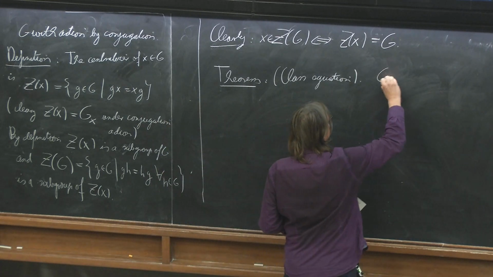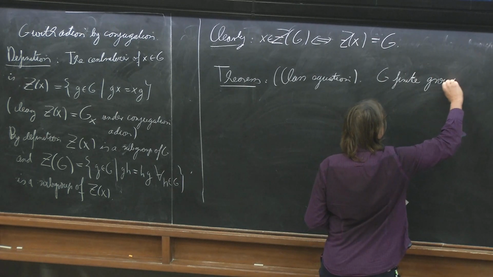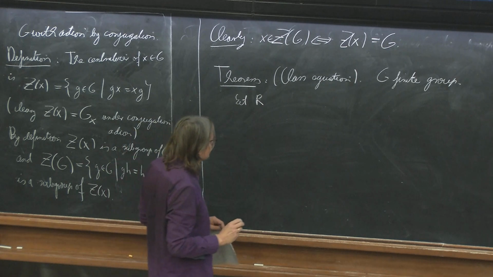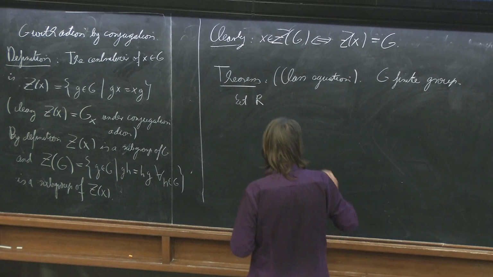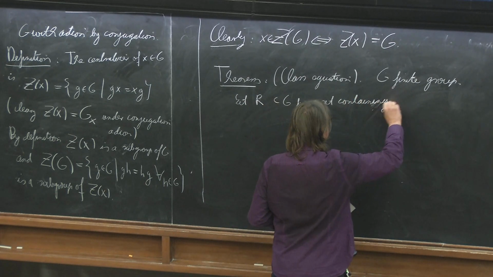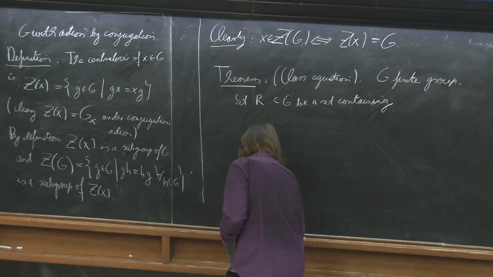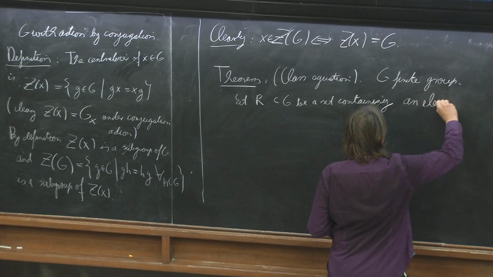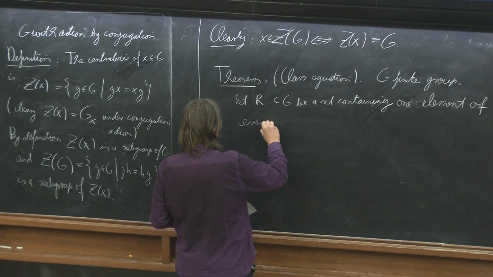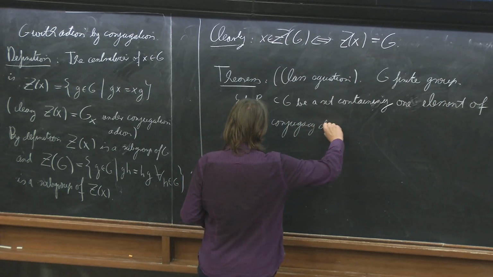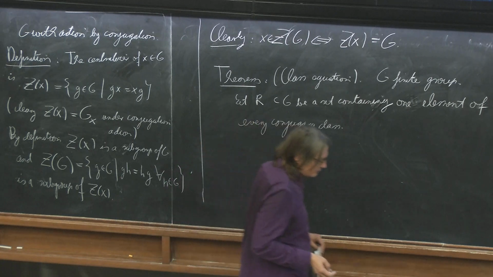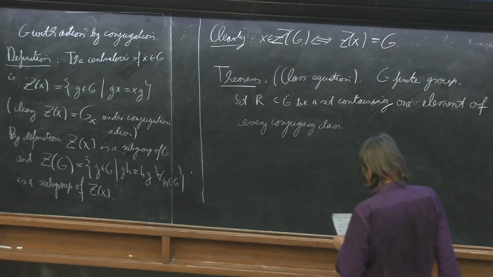So let G be a finite group, and let R be a set which contains one element out of every conjugacy class. So a system of representatives for the conjugacy classes. Well, I didn't want to say that, because for some reason it's always stated in another way. So I write it differently,